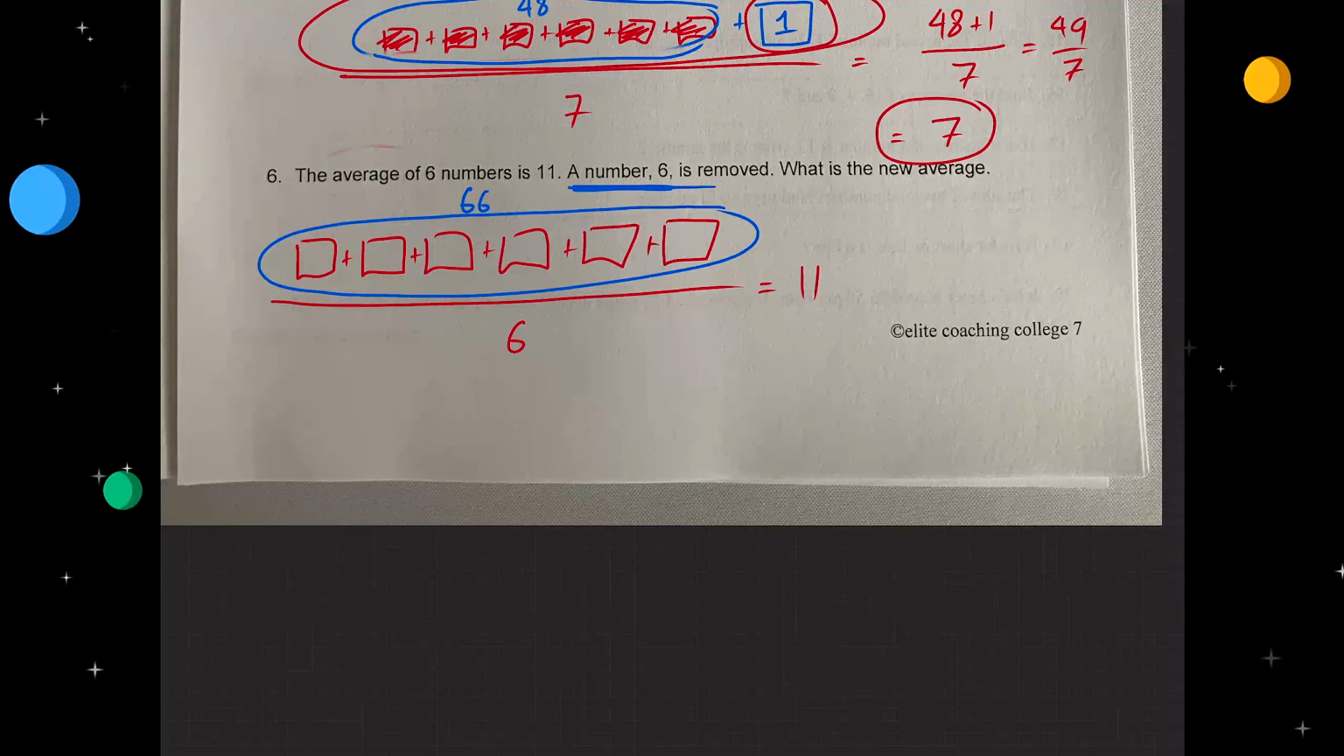Number of days in January and March. January has 31 days and March has 31 days. So the total number of days is,